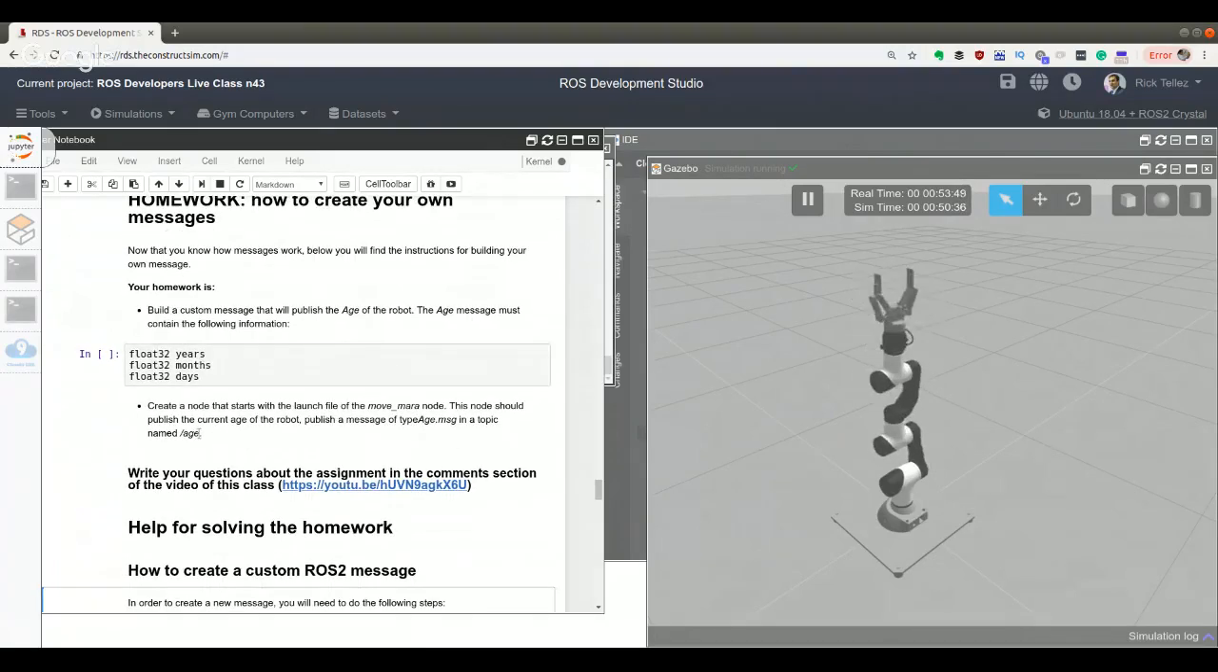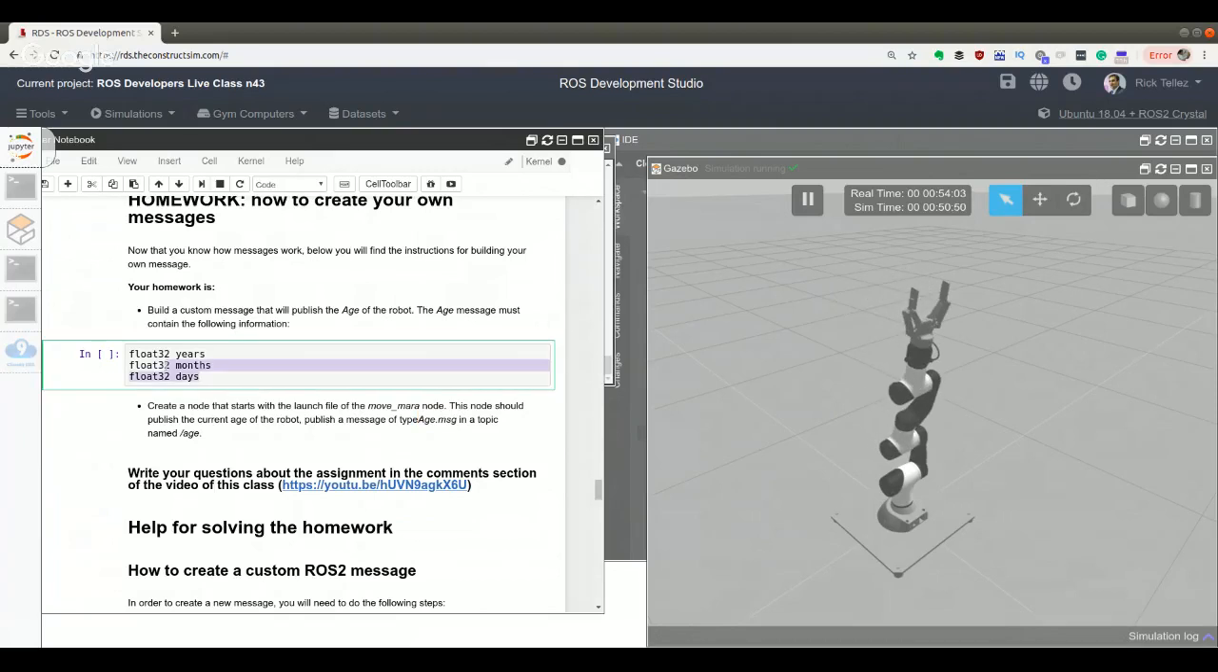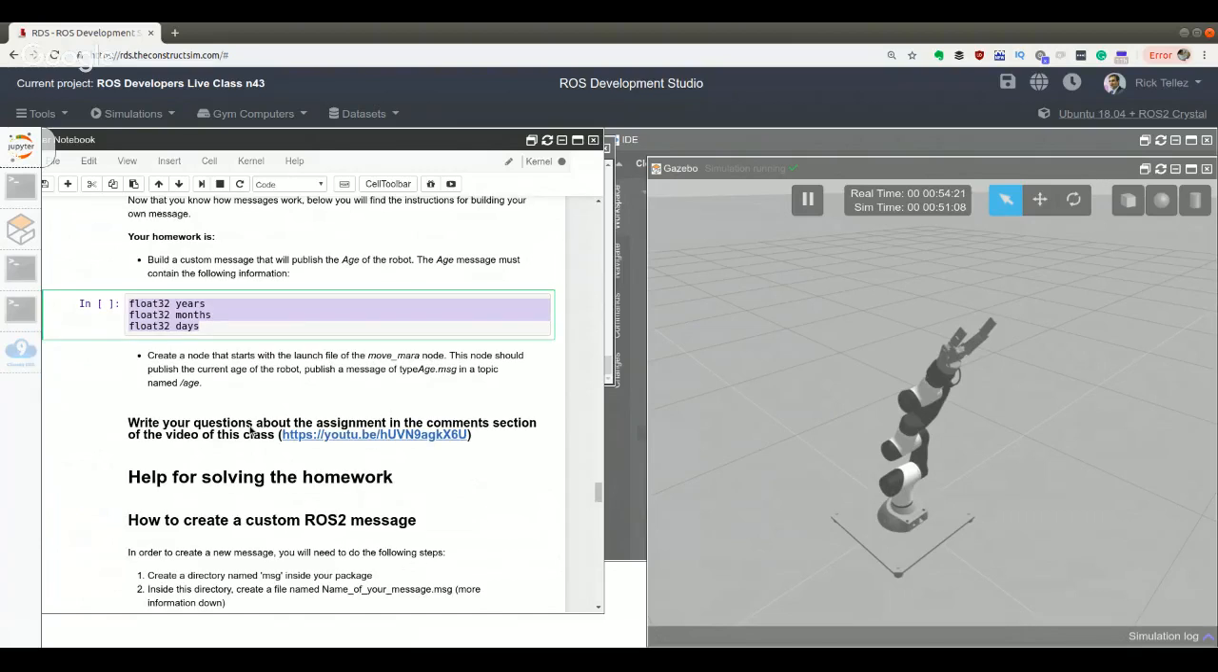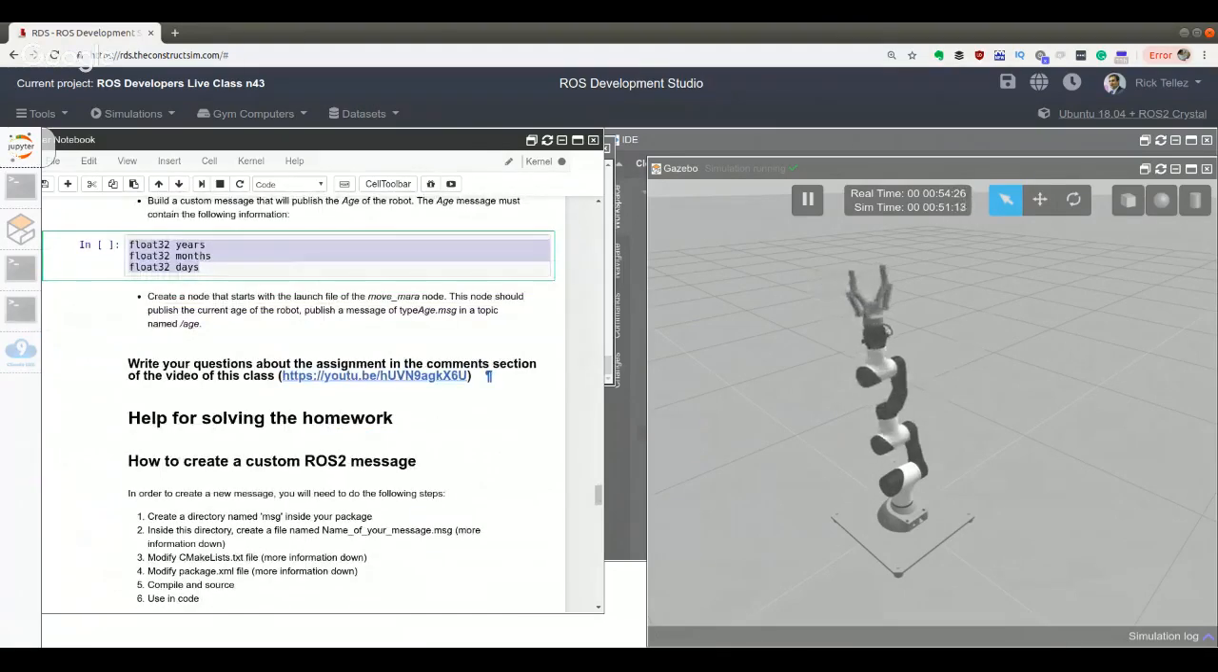that is called /age. You have to publish on that topic /age a message that is called age.msg, and this message contains this structure here: the years, the months, and the days since this program has started. You can put this inside the Move Mara package also, as a second node to start. Then try to compile your own message and publish in this way, and ask me your questions about the assignment in case you are not able to do it,